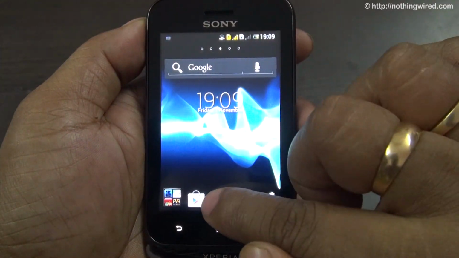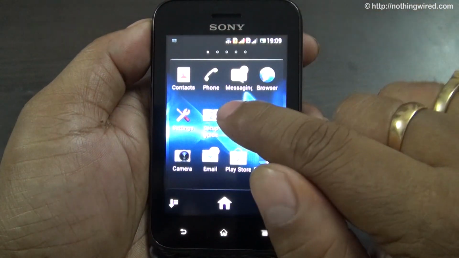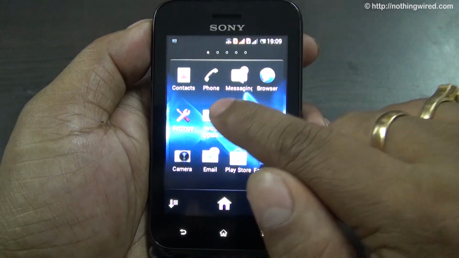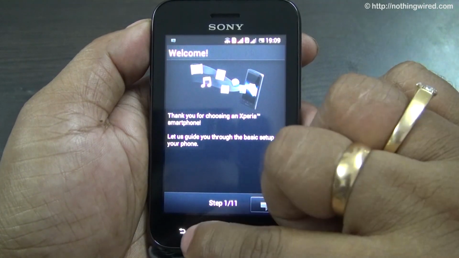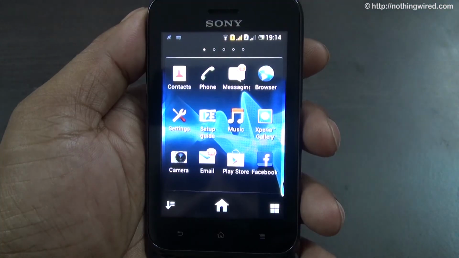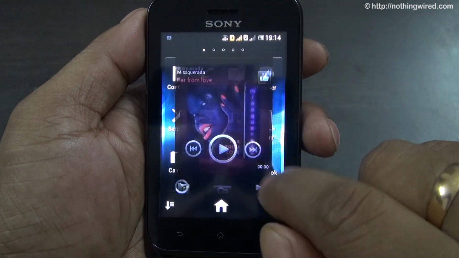So that's mostly about the browser. Then I've shown you the settings. If you are new to this phone, you can go ahead and use the wizard to set it up for the first time. Yeah, so now the music,